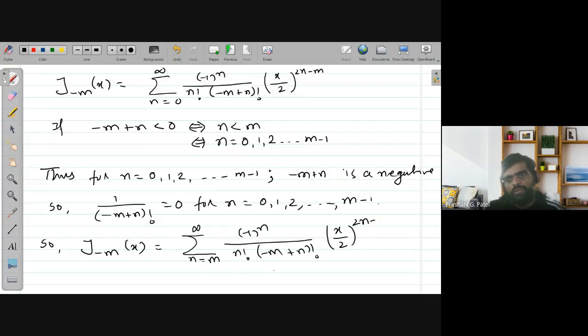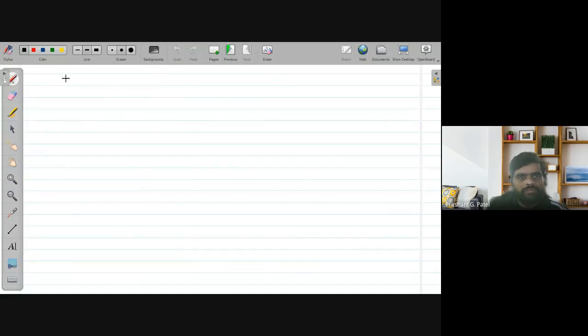Now I will change this index, because I want it to start with 0. For replacing this index, n is replaced by n plus m. So replacing n by n plus m, we get